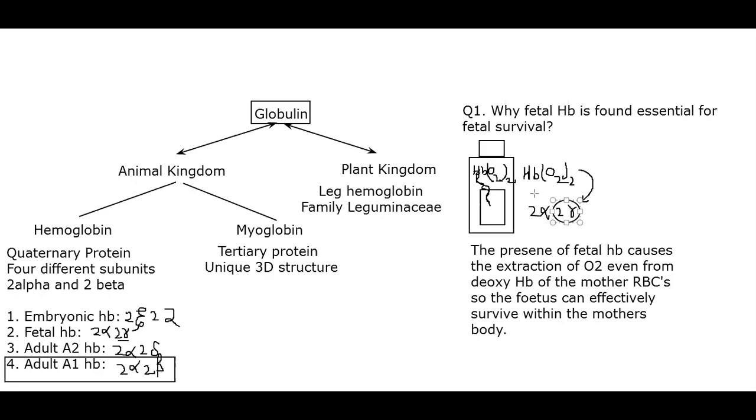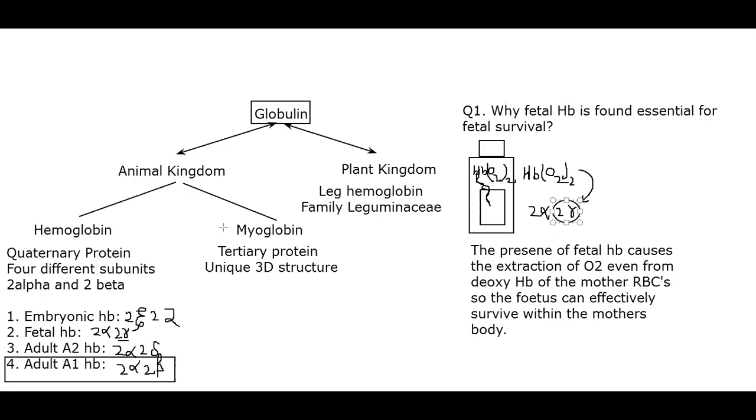These types of questions are being asked in CSIR and other different entrance examinations. You can also understand why a child who is just born is a much more effective swimmer as compared to adults, because the child floats in the mother's womb within amniotic fluid. So the child itself has an ability to swim within the aqueous environment. That is why if a newborn child is placed within water, it can naturally swim as compared to an adult. So this is a funny fact of science.